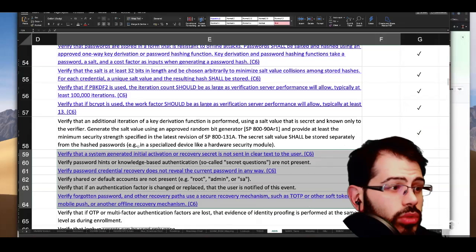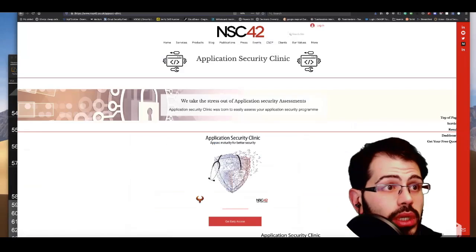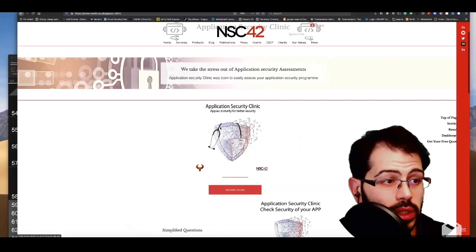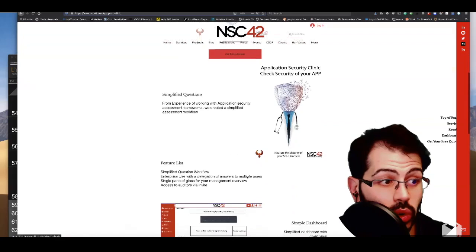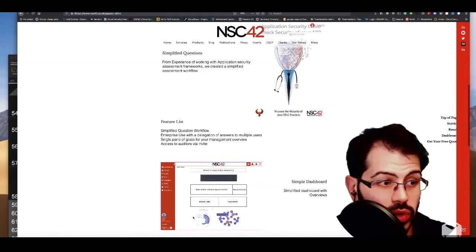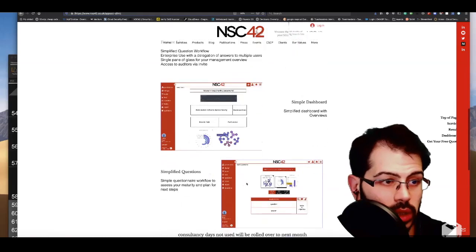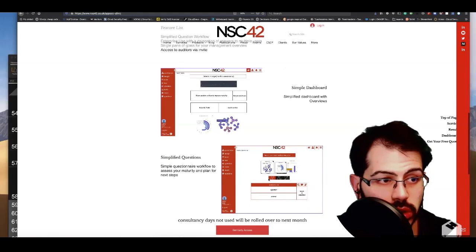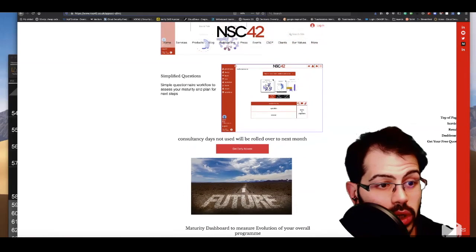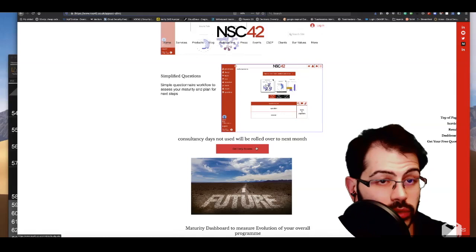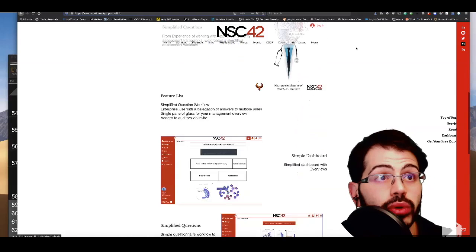Now, we started working on this and we said, why not take it a step even further? And we started creating a web application that effectively creates that questionnaire into a flow of questions and enables you to see all the dashboards, the various levels of performance from 1 to 5. And then you go into a more detailed section into the various questions. And we are effectively open to contribution. And if you want to get on board early and start using it and start testing it, we are open for it. So you just go here,